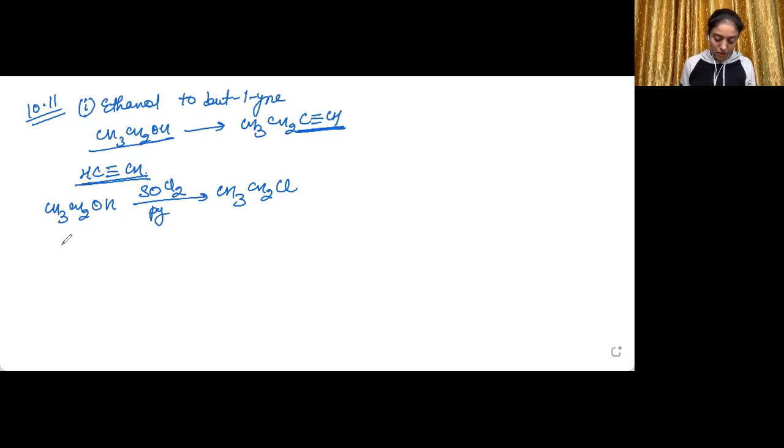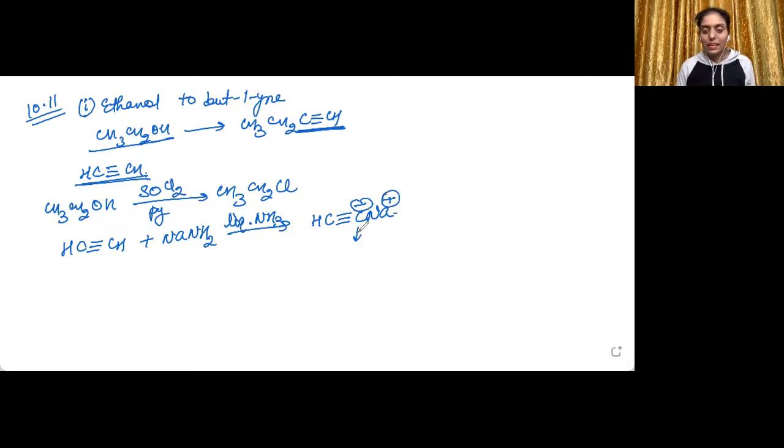From acetylene. Now when we are talking about terminal alkynes, they have a very special property that their hydrogen is acidic in nature. That is, these terminal alkynes are acidic in nature, they can release 1 proton. So when it is reacted with a base like sodium amide in the presence of liquid ammonia, it leads to the formation of the sodium salt of the terminal alkyne. Now, this negative carbon will act as a nucleophile and it will react with the alkyl halide.